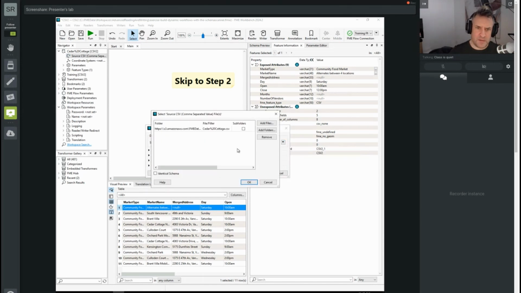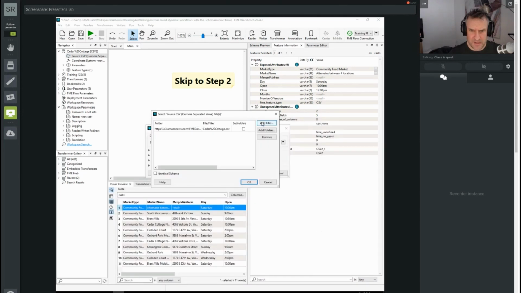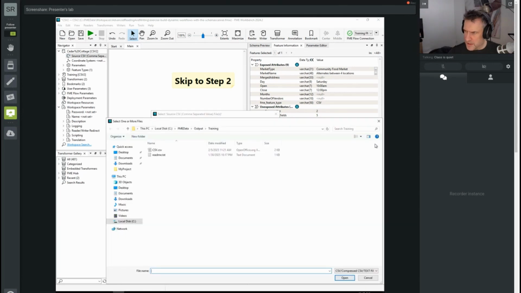Now here we see a folder and a file filter, and it's showing it as if it could do this with a URL. It can't really. Let me just see if that's actually true. So if I go to add files, so I'll add a file,